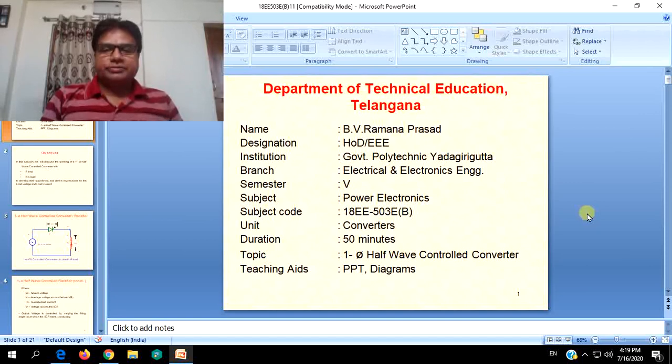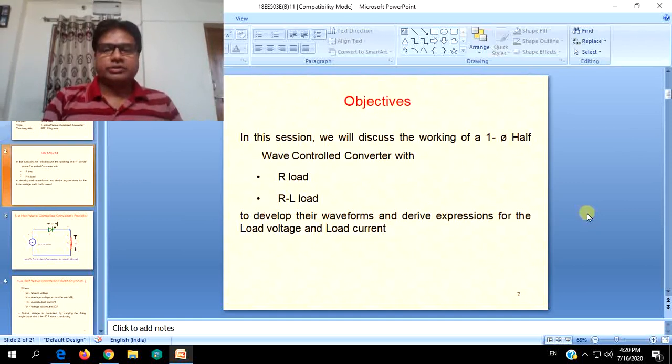In the previous session we have discussed the fundamentals of power electronic converter circuits, how the devices are used as switches in power electronic converters, all those things. And when the switching actions of power electronic devices inside the converters are used to convert AC to DC, that thing will be discussed in this session.